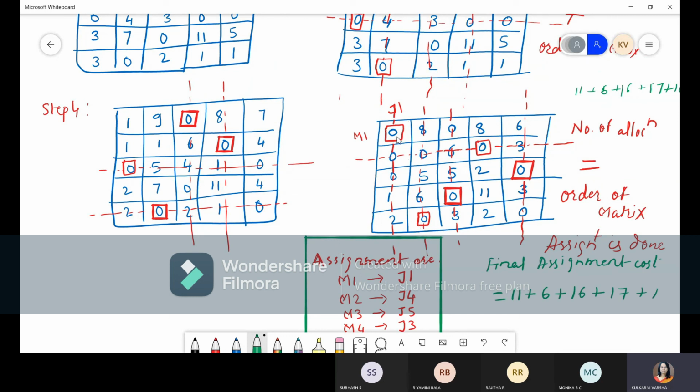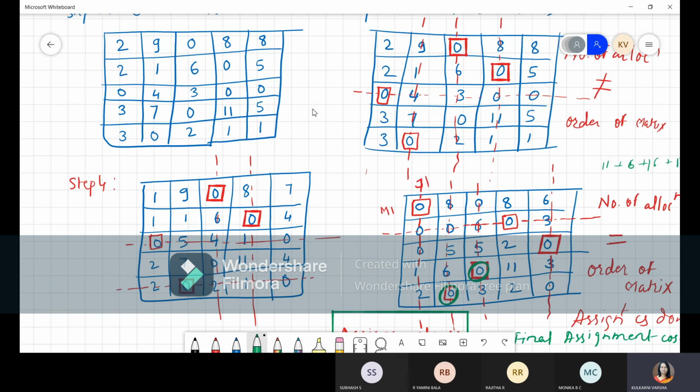See, at these locations where we have done the allocation, here we have done allocation, here we have done allocation. So we have to find out in the original problem what cost is given. In the original problem, at this cell, this cell, this cell, this cell and this cell, what values are given. That's what we have to find out.